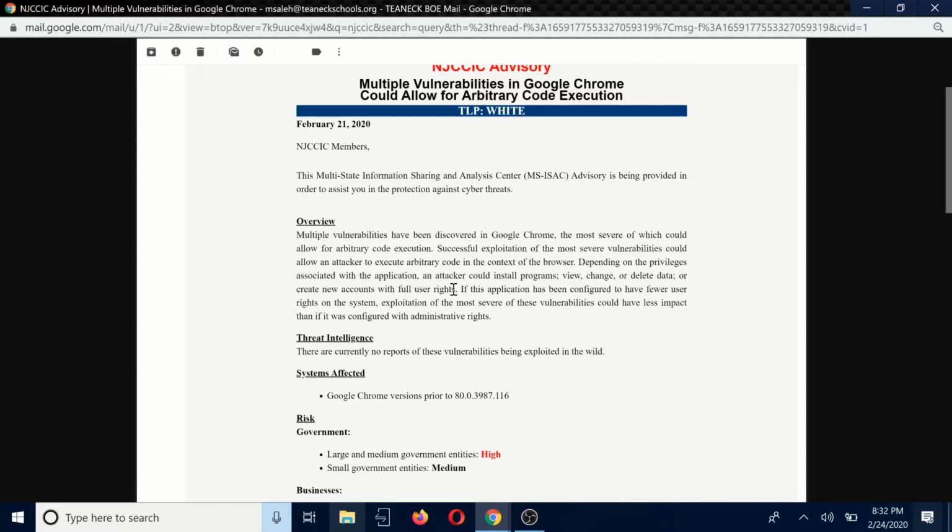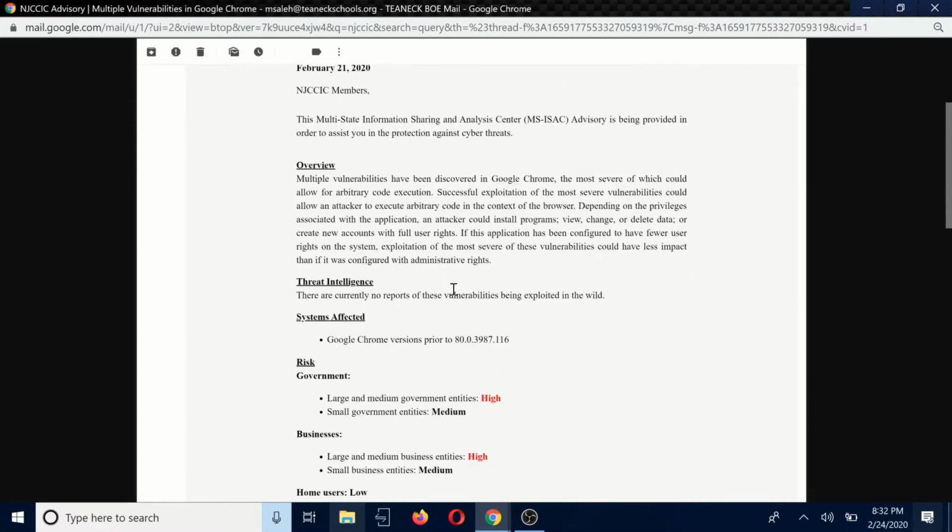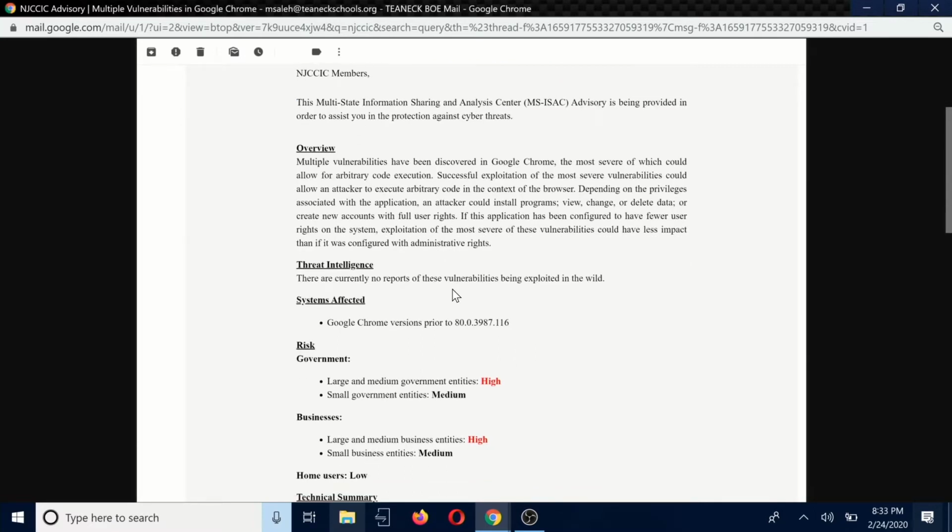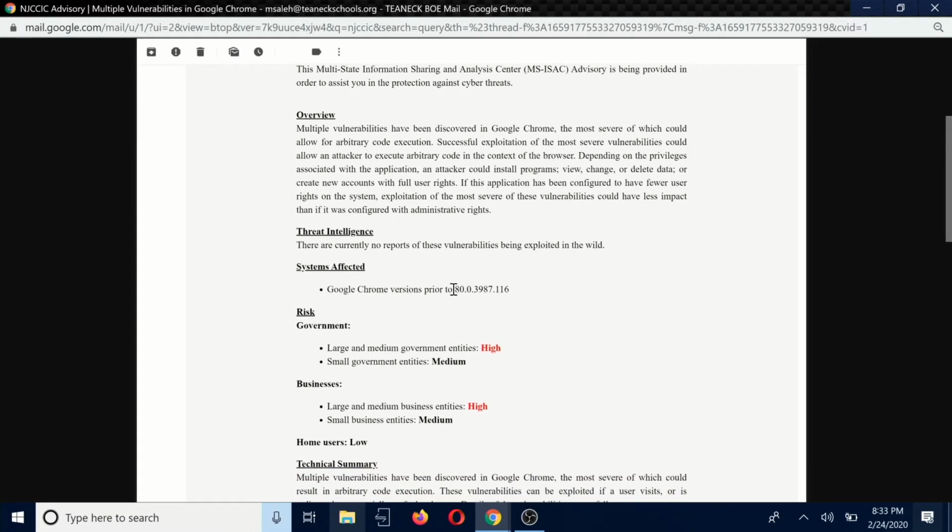We need to make sure that anyone who is signed into a computer does not have the privileges to install or make any of these grand changes, and if they do, it's only under their profile. And that kind of goes into what we'll be talking about today, which is disaster recovery and backups, and whenever this does happen, to make sure that you have it backed up.